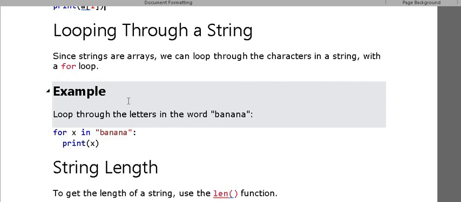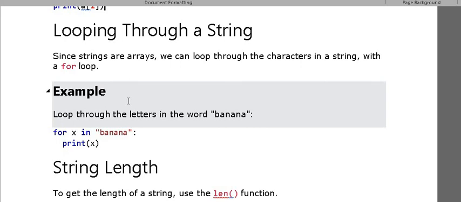The indexing value x starts from the 0th index. One by one, first the b value is put into x, after that a, after that n. Till the end of the string is reached, the value of x is printed.